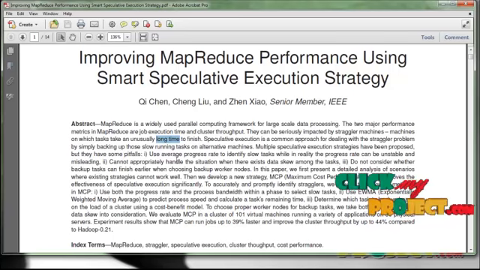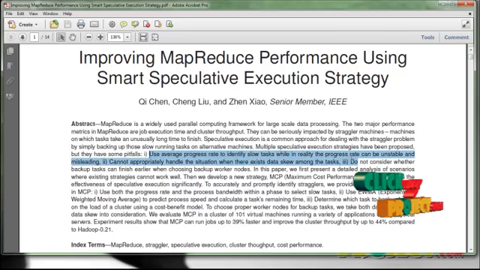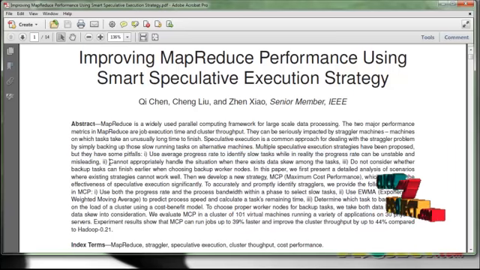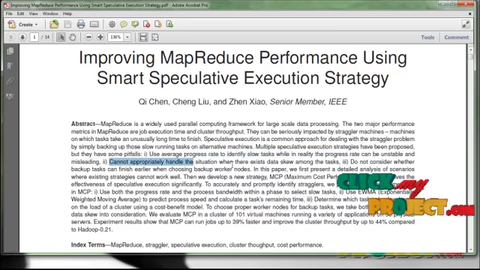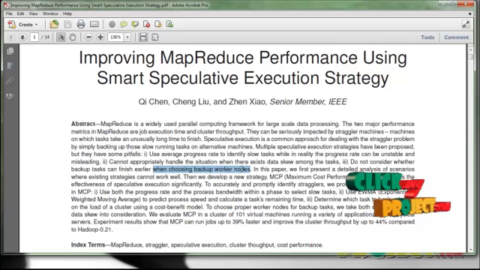For this, we are going to identify three things when some pitfalls occur. First, it uses the average progress rate to identify the slow task, which does not reflect the real progress. Second, it cannot appropriately handle the situation when there exist data queues among the tasks. Third, it does not consider that the backup task finishes earlier when choosing the backup worker nodes. In these three cases, we are going to choose the efficient VM, and based upon